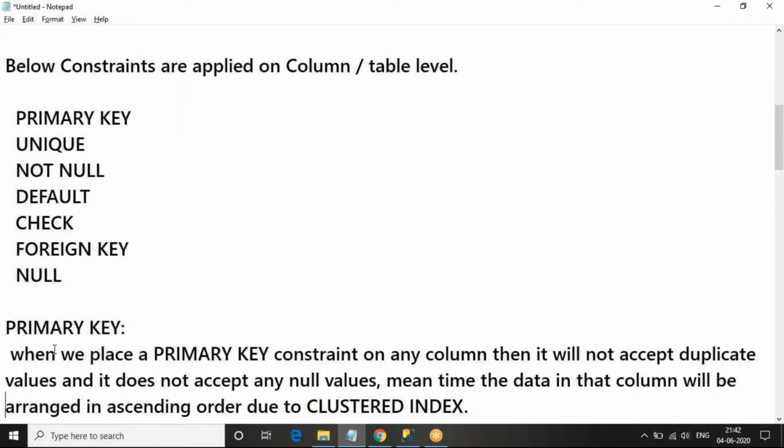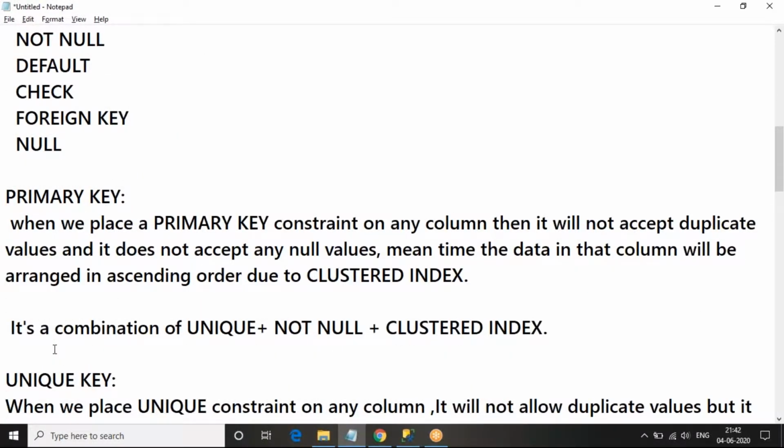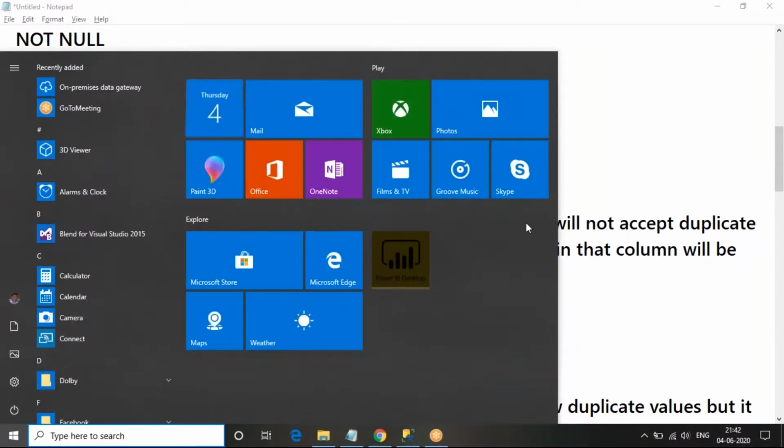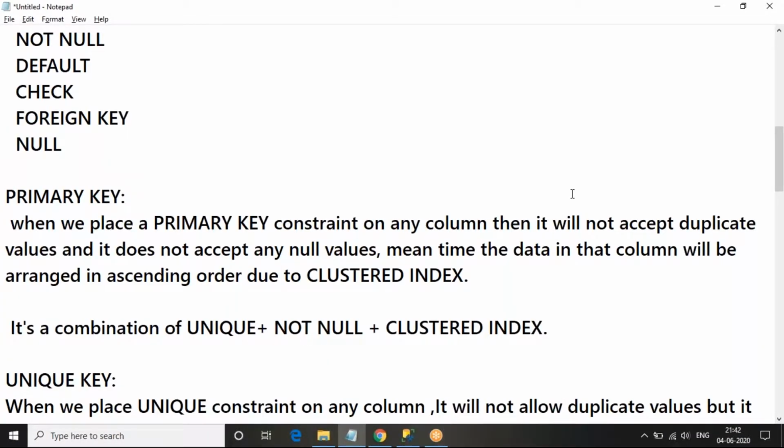Now we can go one by one. What is a primary key? How can we declare a primary key? A simple example: I have a school table. In the school, each school has a registered number provided by the government, and that registered number should be different for each and every school. How can we give different registered numbers to schools? How can we maintain the data without any duplication? For that we can use a primary key.